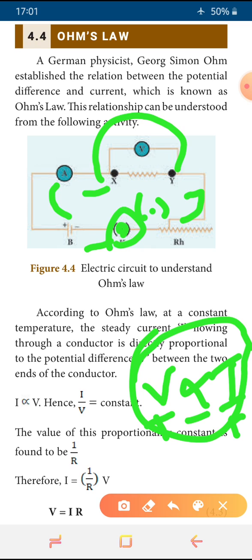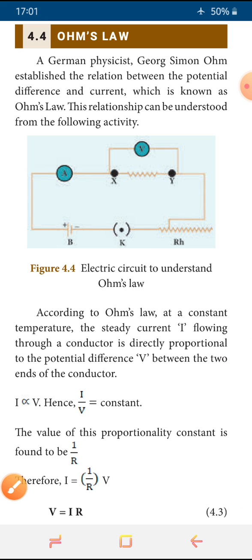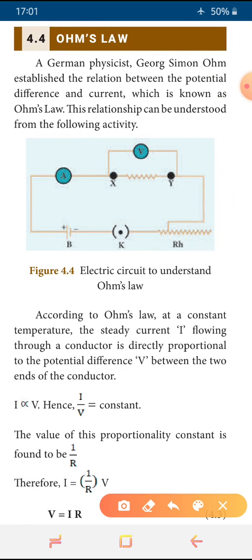at a constant temperature. At a constant temperature, the potential difference between the two ends of the conductor is directly proportional to the current flowing through that conductor. So if the potential difference increases, the current increases; if the potential difference decreases, the current decreases. Okay, so we got the equation V is proportional to I, or we can say I proportional to V from